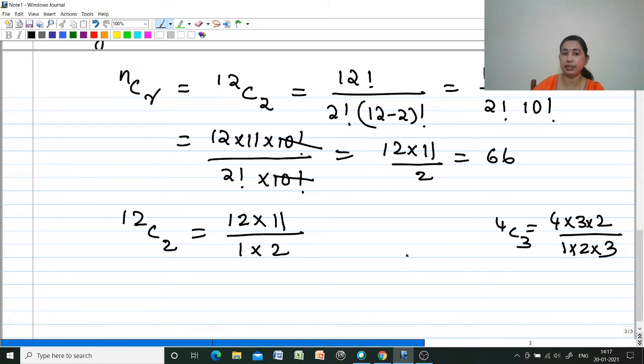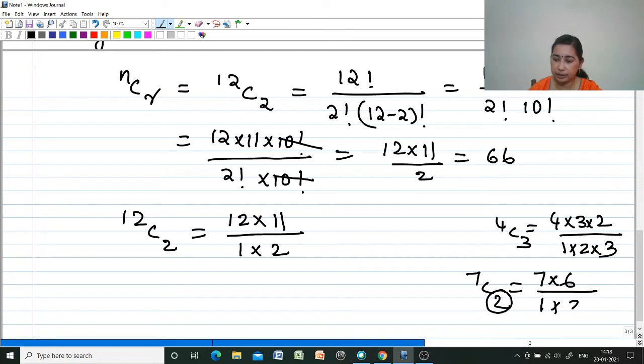So that's a way of finding easily than this. So this also you have to keep in mind while doing this nCr. So if it is 7C2, no need of going for all these things, we can write it as 7 into 6, that is how much times it is written here, that much time you have to decrease, divided by, start with 1 and end with the last, how much it is there, end with that. Okay, 7C2 is that. So if you are doing in this method or this method, you will get the same answer. Just see this, it is equal to 66.